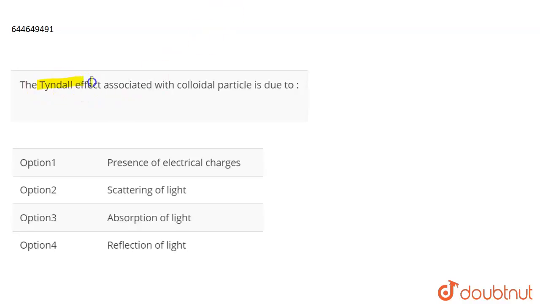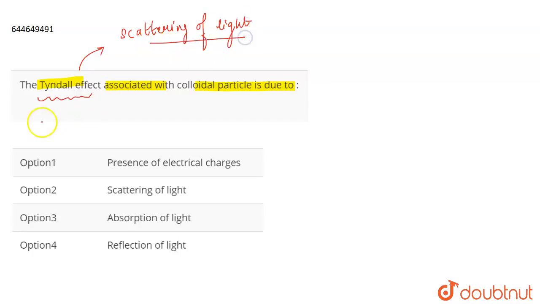The question is, the Tyndall effect associated with the colloidal particles is due to. So Tyndall effect is generally shown by the colloidal particles. And if we talk about this effect, what is the Tyndall effect? It is actually the scattering of light, right? So the Tyndall effect is the phenomena of scattering of light,